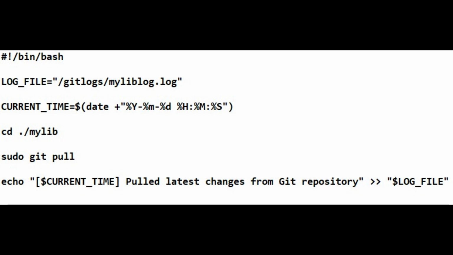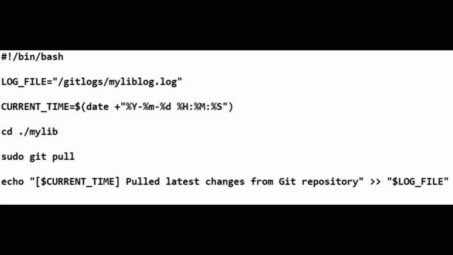So my files are currently stored in a directory called mylib. So I'm going to use the command cd ./mylib. I'm using the dot so that it starts from the beginning, so it doesn't matter where your node file is stored or where the shell script file is stored. This will just start from the root directory or the beginning directory, and wherever your file directory is stored,